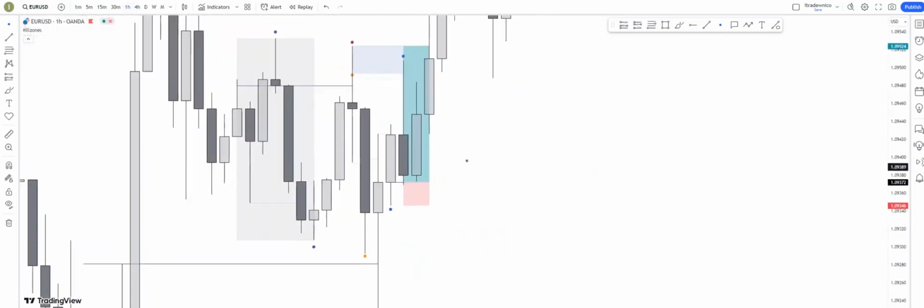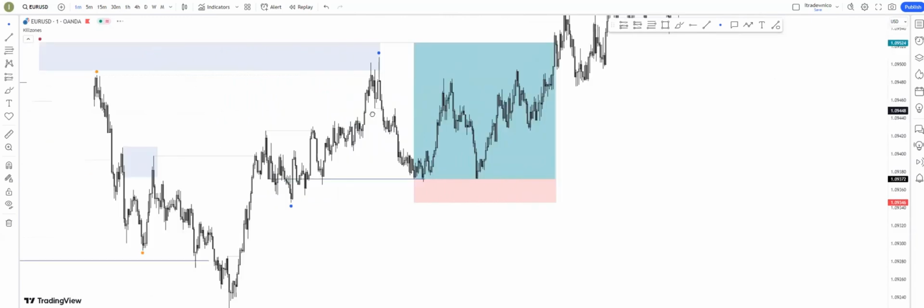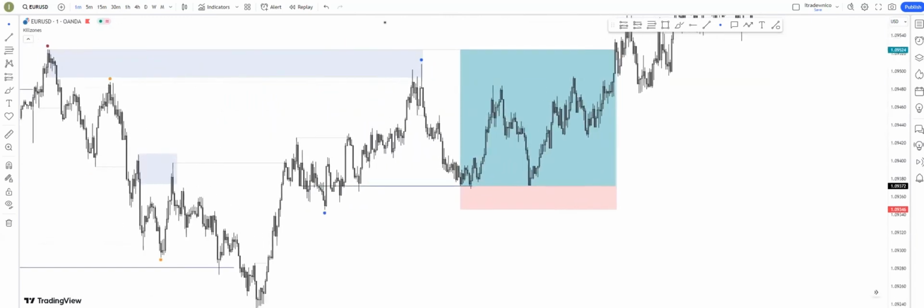And what do we see? We see an unmitigated wick right here, right? That's what we see. So now we want to go to the 1 minute to check liquidity. Now, in this case, there is a lot of price action going on, right? You see the key level may be tested multiple times. Now, I didn't want to take this whole area right here, and I prefer placing my entry at the key level. Sometimes you don't see me using mitigation a lot while I have a lot of price action, because